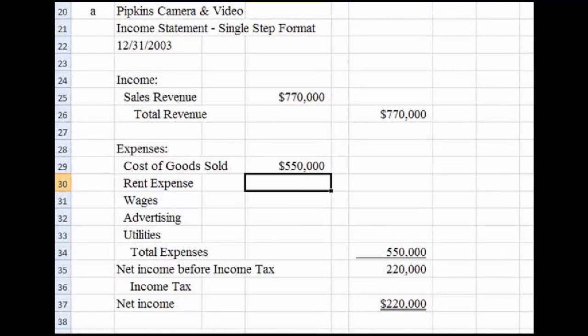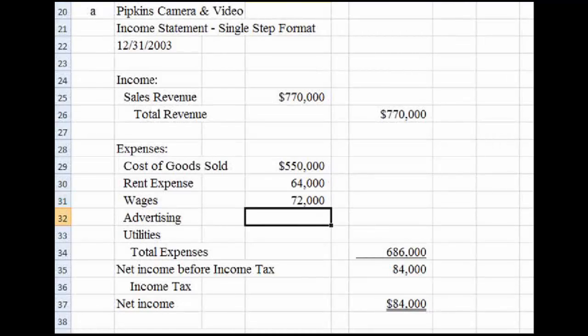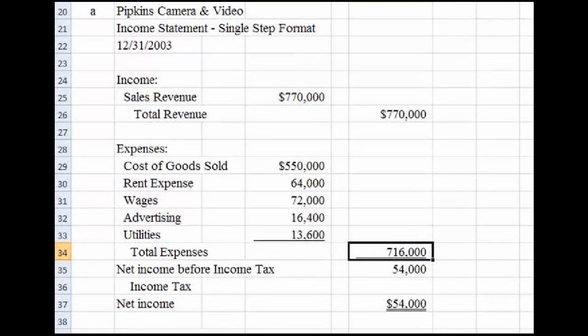rent expense of $64,000, wages of $72,000, advertising of $16,400, utilities of $13,600. The total expenses without the income tax expense adds up to $716,000, and the net income before income taxes